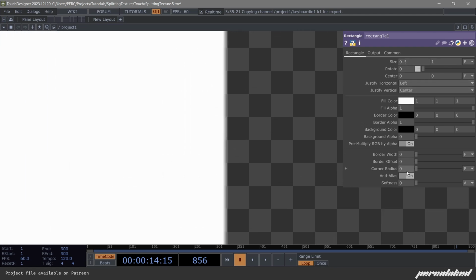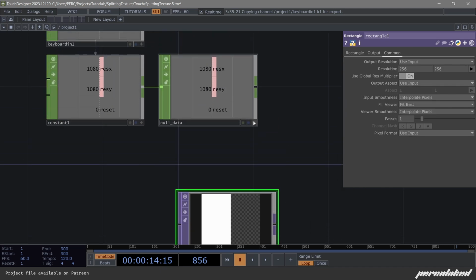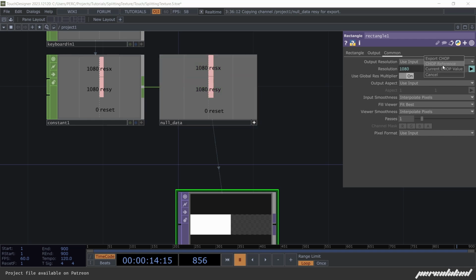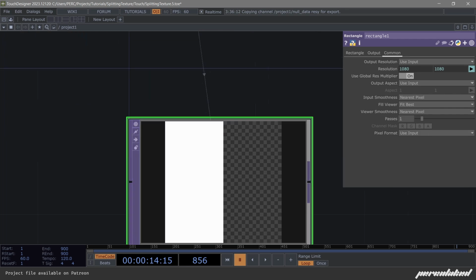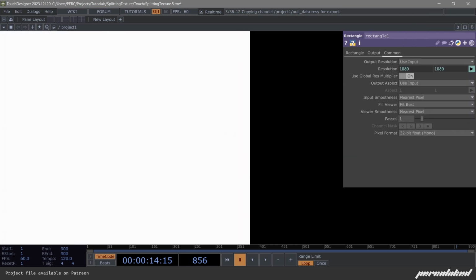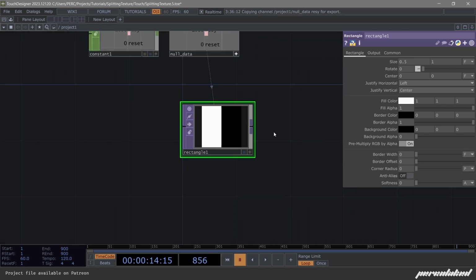Also very important that you turn off the anti-aliasing, and we can change the resolution to our parameter resolution that we set here, and let's set this to nearest just so I can see the sharp edge there, and this can be 32-bit mono. You can see that if we have anti-aliasing on, you have this gray line in the middle, and we don't want that. Turn it off, and